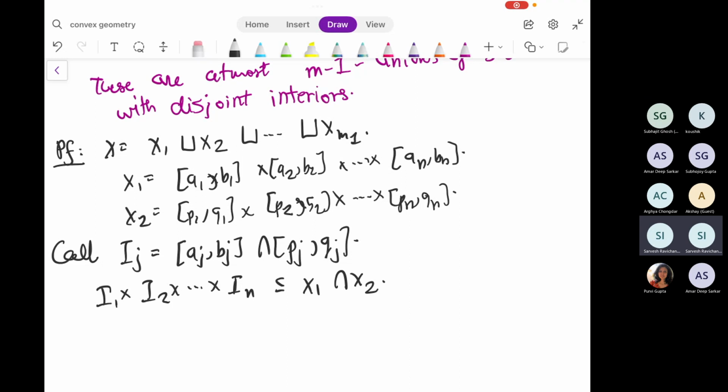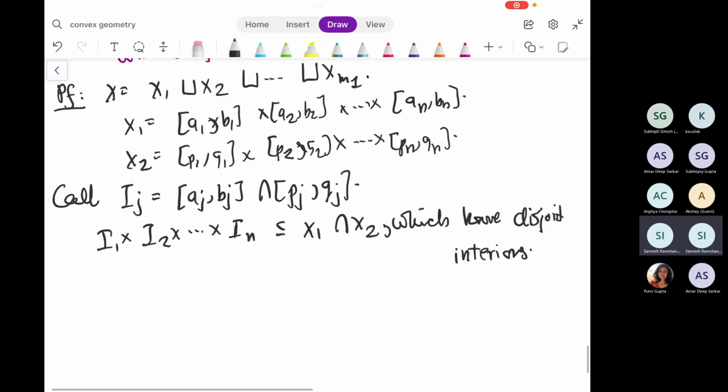Therefore, this particular box, at least one of its dimensions, is null in some sense. So because they have disjoint interiors, there is a J